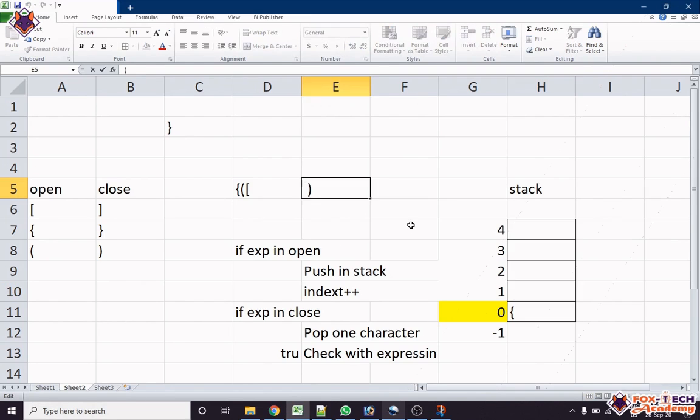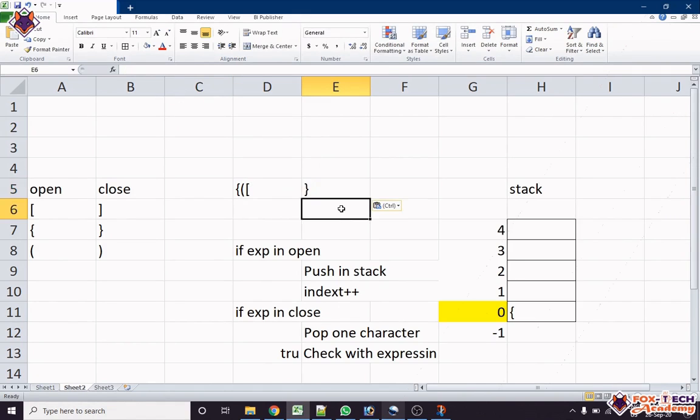If this is right, then we will again go for comparison. We have taken this one and this one, and we will compare again.